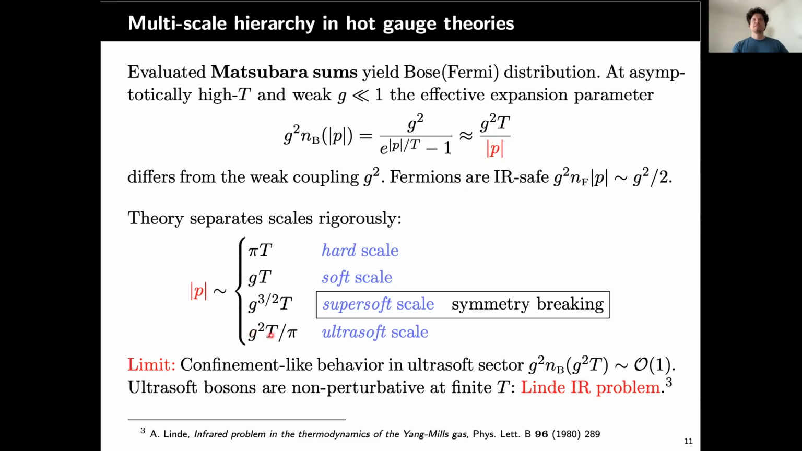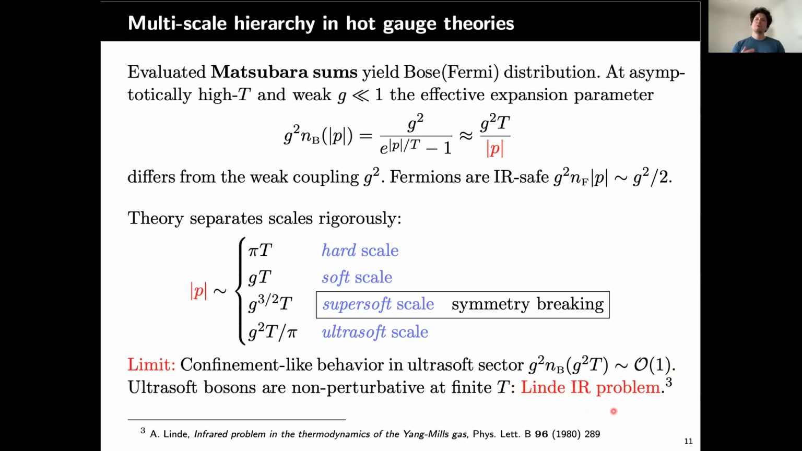For example, this scale, this g squared times T ultrasoft scale. But these are not the modes that contribute to the dynamics of the phase transition, the electroweak phase transition, for example. So these are entirely non-perturbative modes. Okay, we know that, and this has been known for a long time, which goes under the name of the